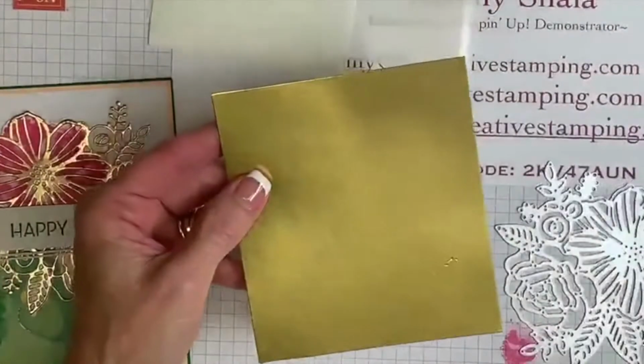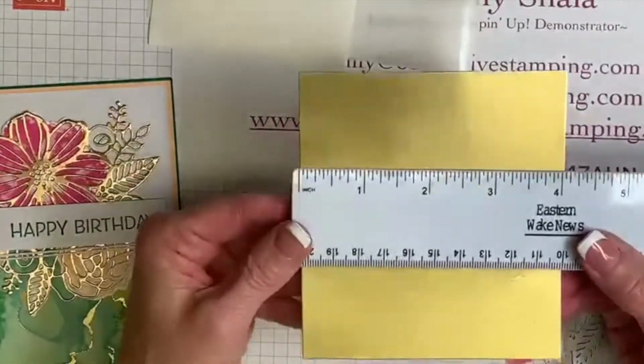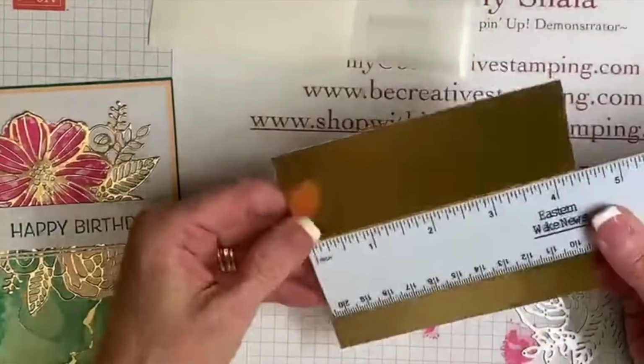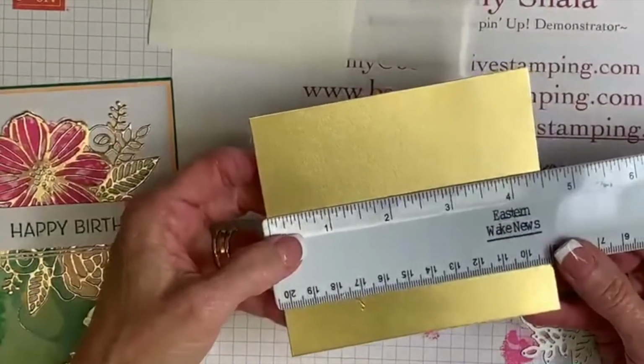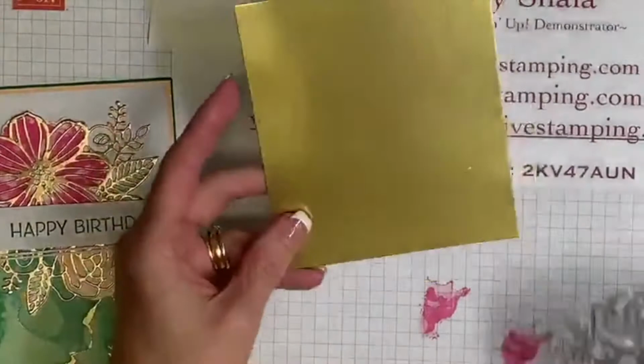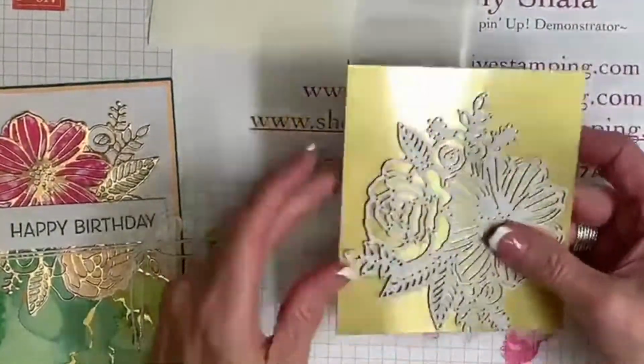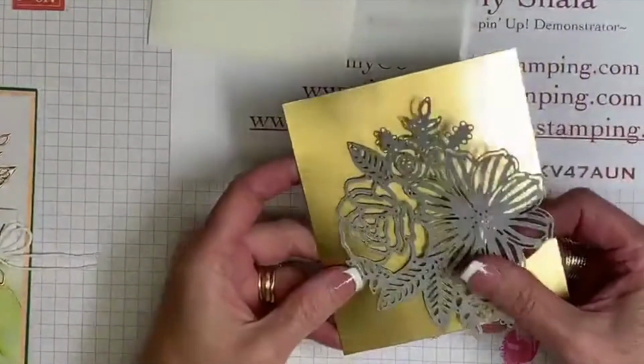And if you want, the die is very intricate. It's 4 inches by 4.5 inches, all right? So that's pretty much what you're gonna need for that. And of course, this will lay on top to cut it out, but I wanna show you how to add